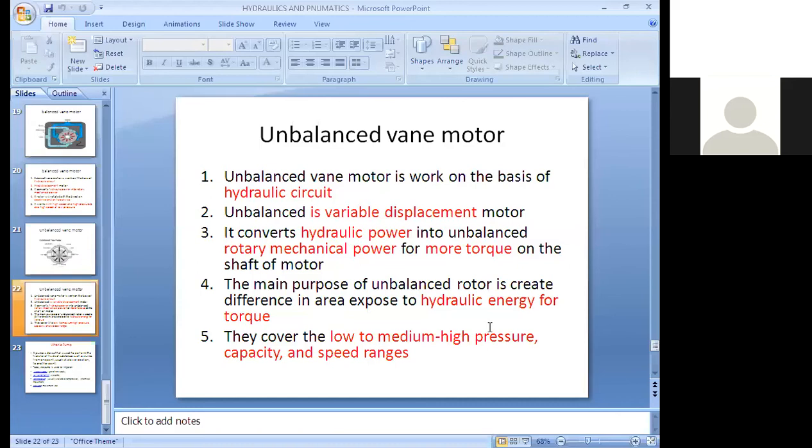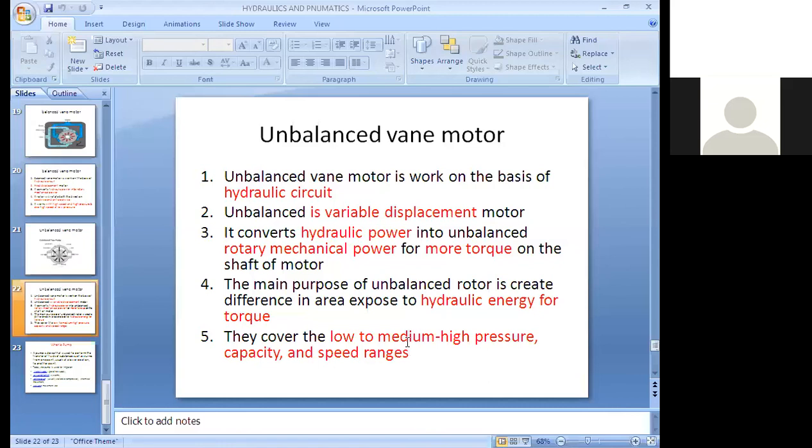Have you seen that animation video? Nothing difficult, very simple concepts. Today we are discussing three important concepts that we call rotary actuators. The first one is external gear motors. Without any external help like electrical energy, with the help of hydraulic energy only we are converting it into rotary motion. For example external gear motors, balanced and unbalanced motors are the important points, with the diagram and animation we discussed in today's topic. Shall I go to the next topic?